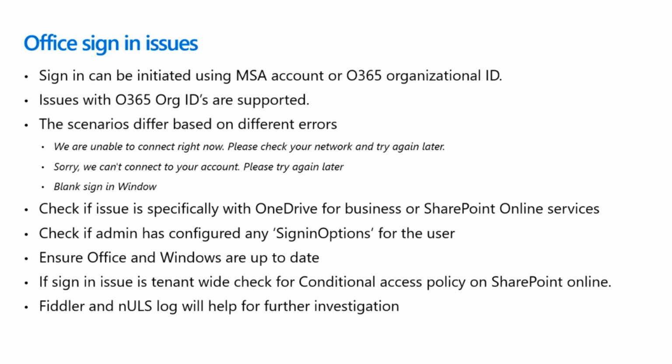And talking about different scenarios for sign-in issues, some of the generic errors we get are "we are unable to connect right now, please check network", or we get a blank sign-in window when you're trying to sign into Office. So when we are isolating, we can check if the issue is specifically with either OneDrive for Business